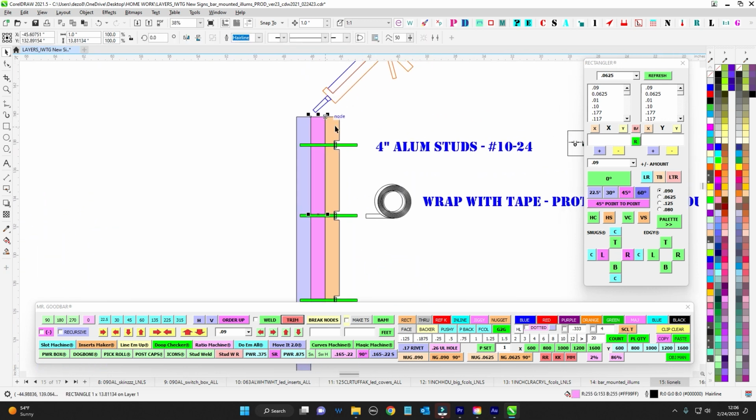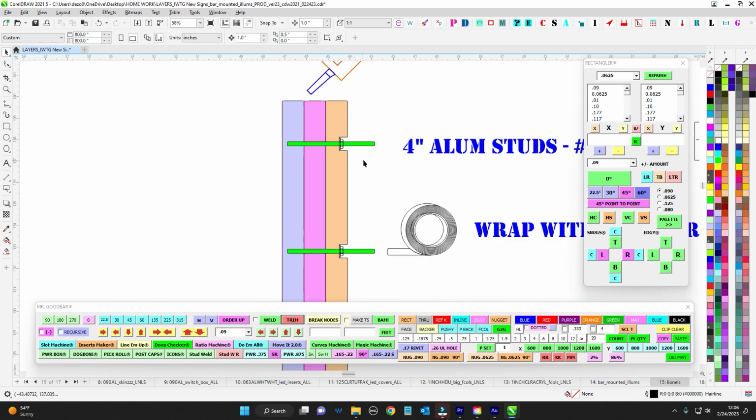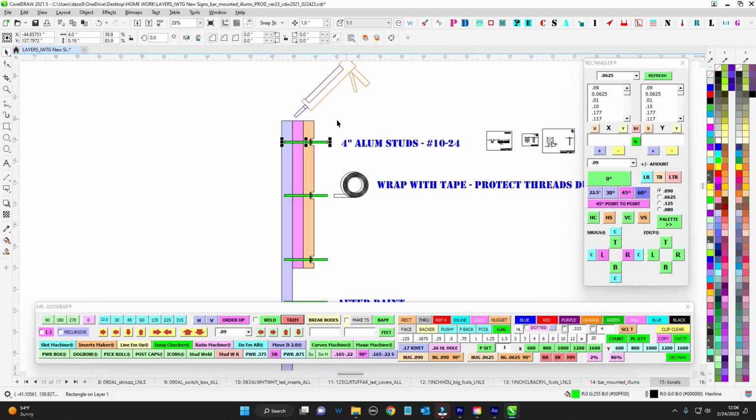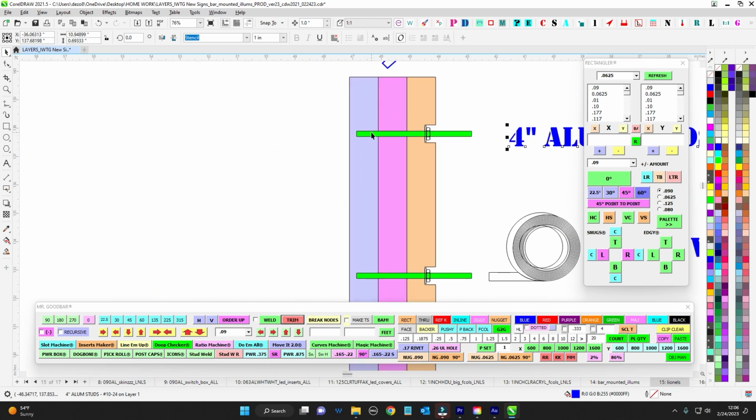You got the middle, and then you'll have this. And so I did an island fill, 3/8. And so I brought in some 4-inch aluminum studs, 1024. What you're going to do is just put those all the way into, I told,